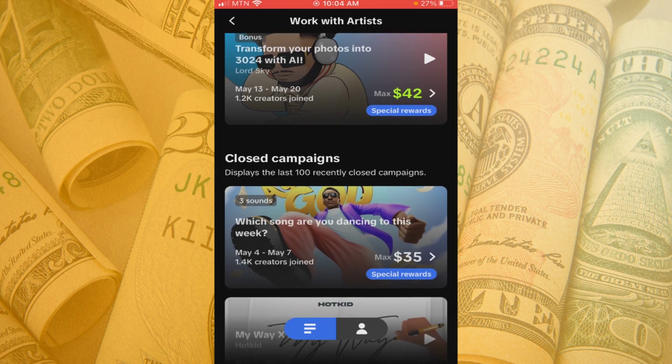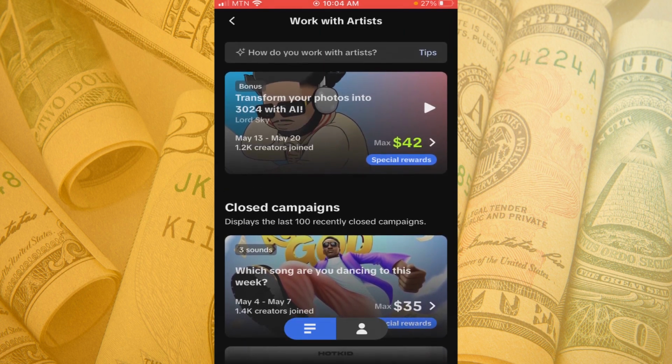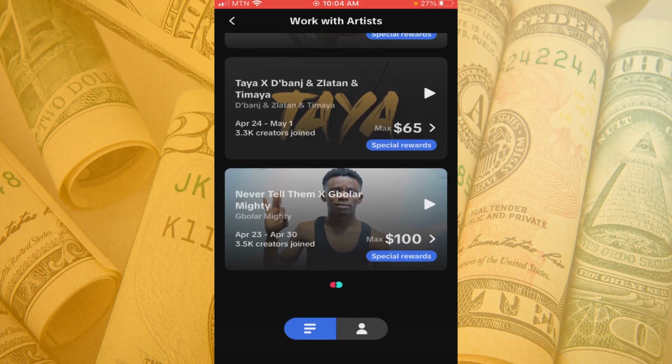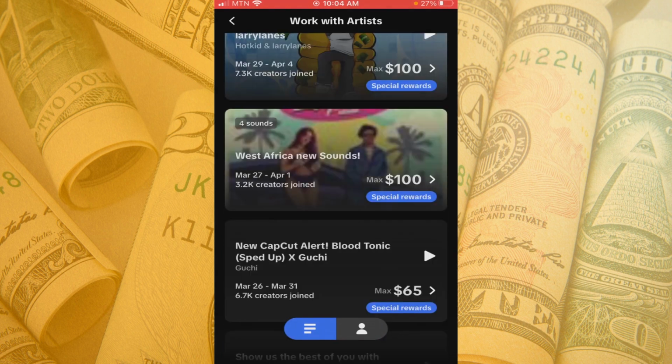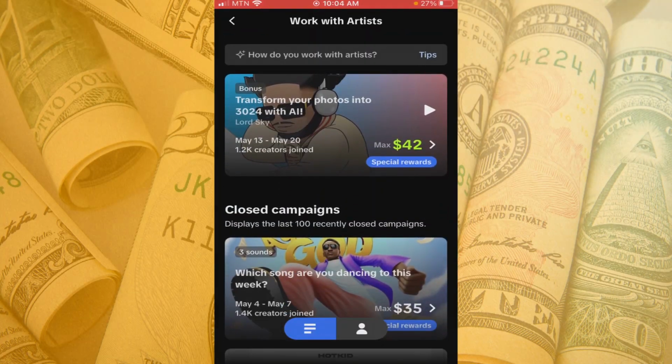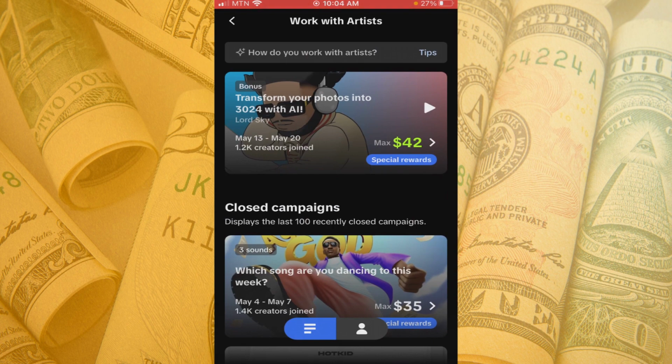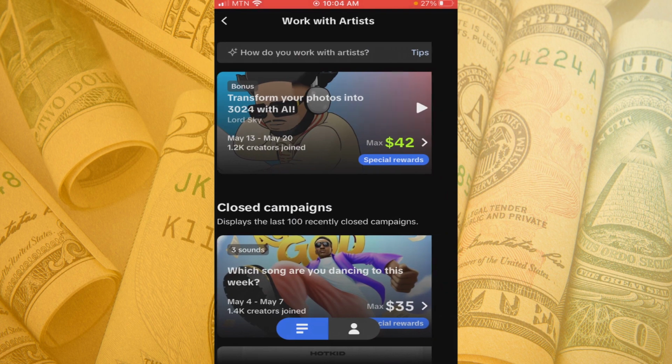So you can see we have a lot of campaigns over here. 1, 2, 3, there are more, a lot of campaigns. All you have to do is select the one you prefer or you think it's easy for you to join, right? So let's check out the first one. When I click on the first one,